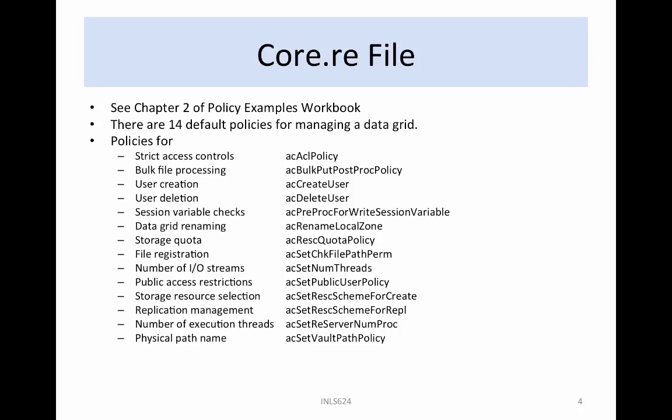These policy enforcement points include setting strict access controls, defining how bulk file processing will be done, managing user creation, including home directories and trash directory, managing user deletion and what to do with the home directory and trash directory, defining session variable checks, defining how data grids are renamed, imposing storage quotas, defining how files may be registered from a remote site, defining the number of I/O streams to use for parallel I/O transfers, defining what access public users can have to publicly open accounts,